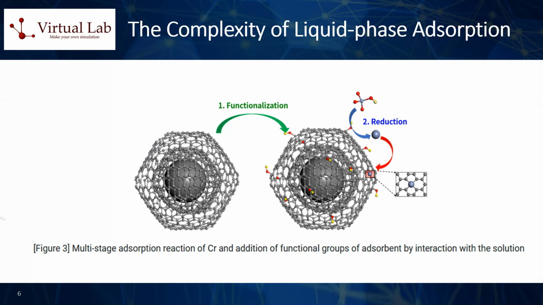However, in water, molecules interact strongly with each other, creating diverse molecules or ions. The surface structure of the adsorbent also changes underwater, impacting the adsorption mechanism and the adsorbent's zeta potential. For example, chromium forms different complex ions depending on pH levels and adheres to carbon materials through several steps. Given the many factors influencing liquid phase adsorption, it remains challenging to fully understand the mechanism, despite ongoing advances in